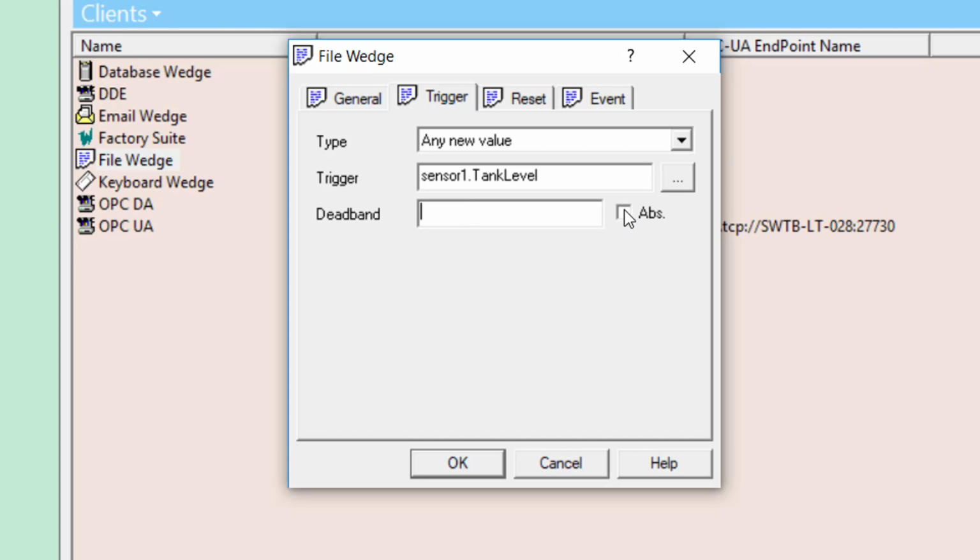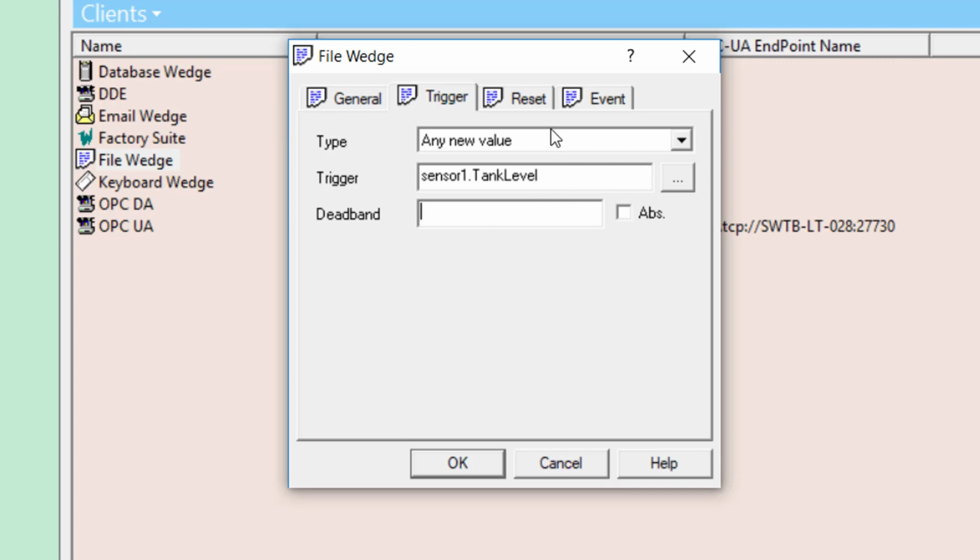Now that tells OmniServer that the number specified in this deadband field is to be interpreted as an absolute value and not a percentage. So using that previous example, if the ABS flag was enabled, then the deadband value is treated as the number 5 and not 5%. That means the next value of the trigger must be less than or equal to 9,995 or greater than or equal to 10,005 to be logged to file, using our example of the previous value being 10,000. So that's deadband. I'm going to leave deadband blank here as I do want every value change logged regardless of